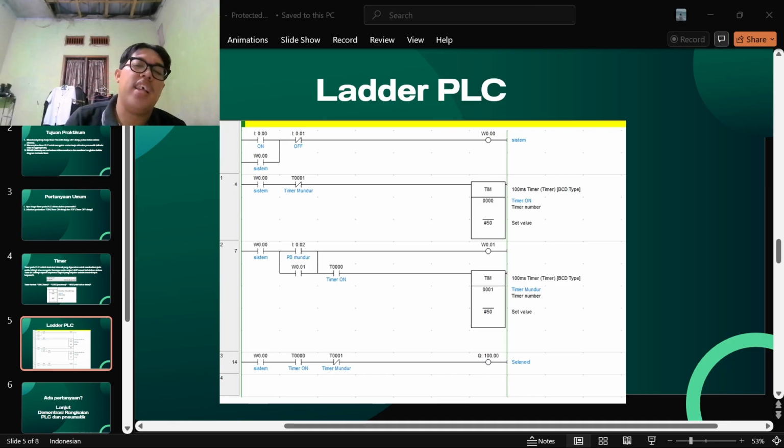Section 8, demonstration on the trainer board. Now let me demonstrate the timer circuit on the trainer board. I press the start button. Nothing happened immediately, but after 5 seconds, the lamp turned on. I press start and the lamp turned on instantly. When I press stop, the lamp stays on for 5 more seconds before turning off.